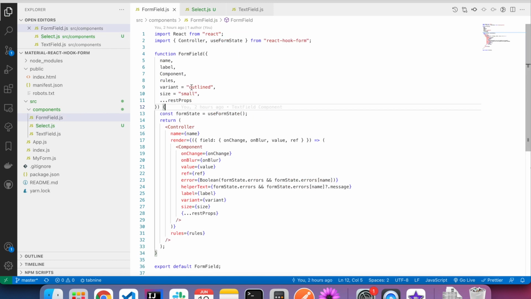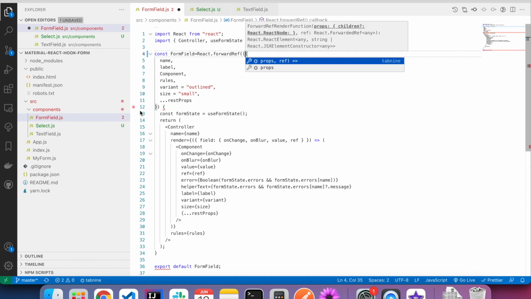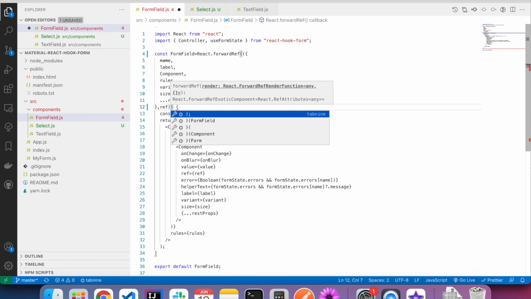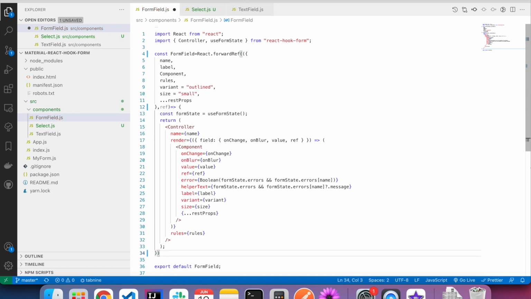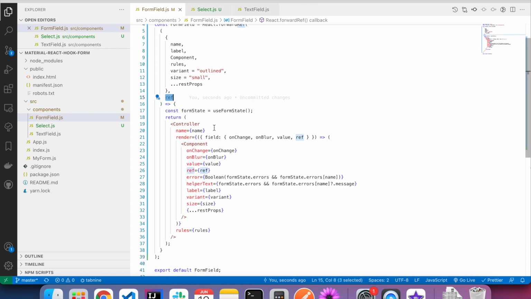I also realized one mistake done in the previous one, that I did not change form field to accept the forward reference. So I changed that as well and passed this reference to the controller.